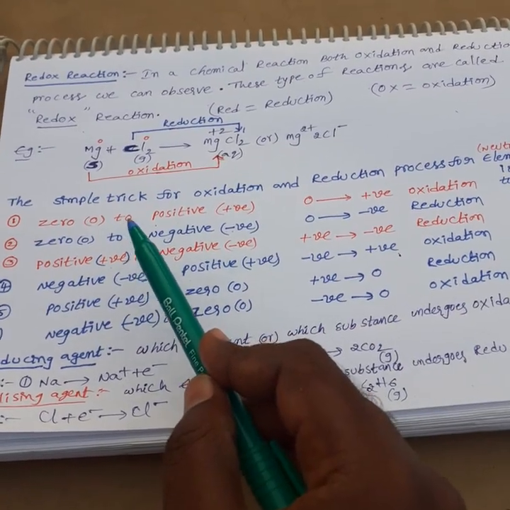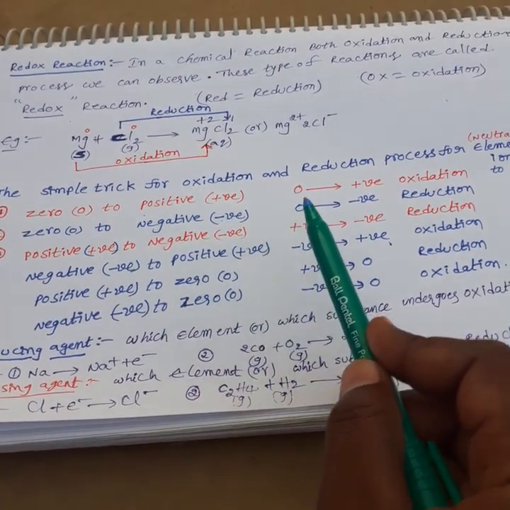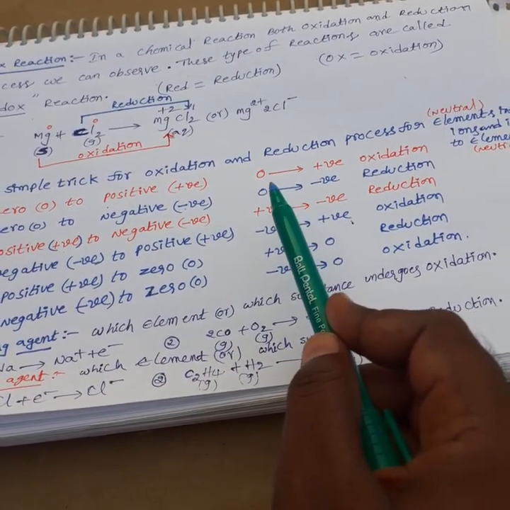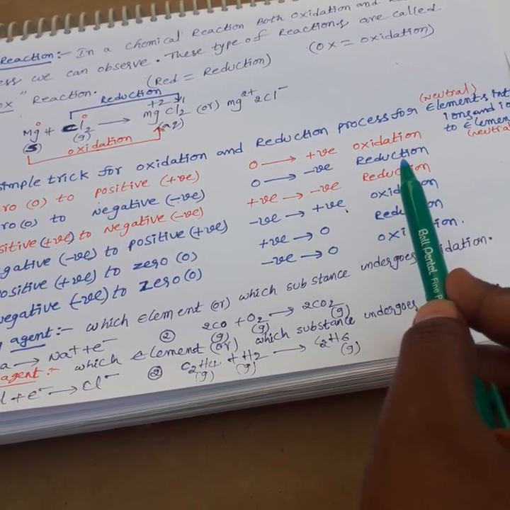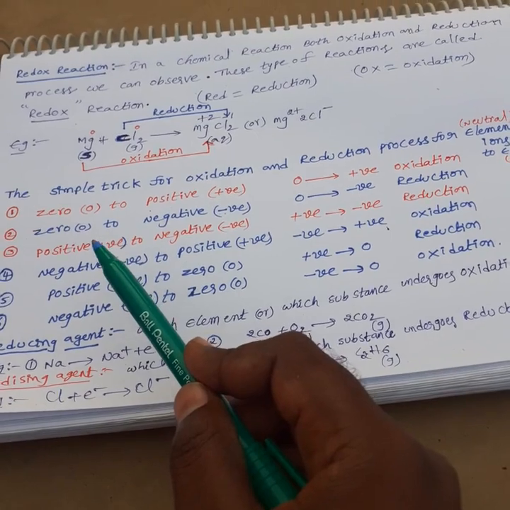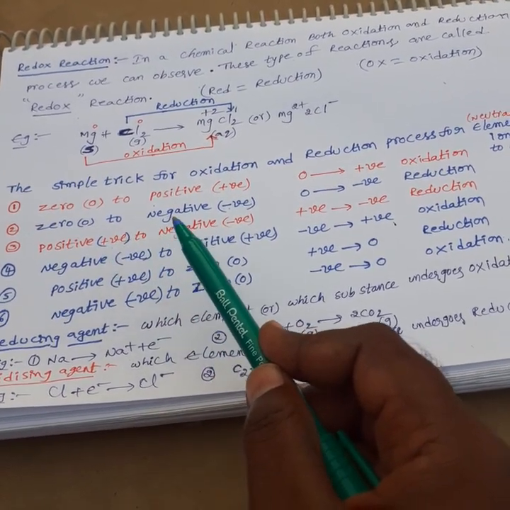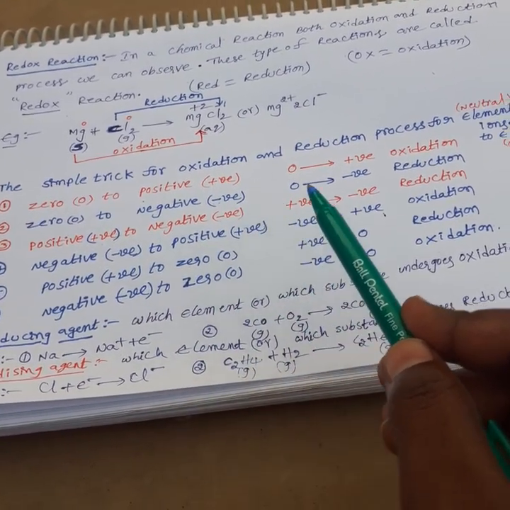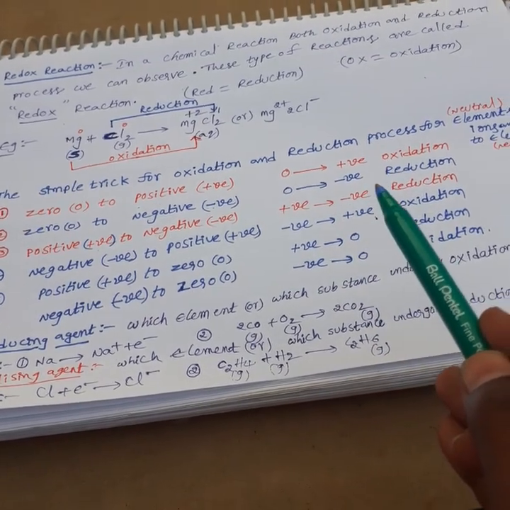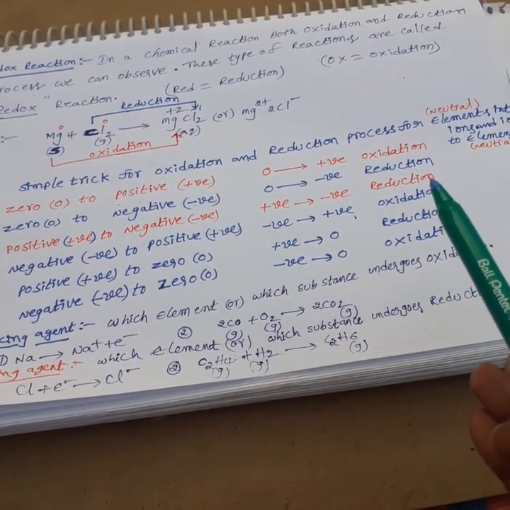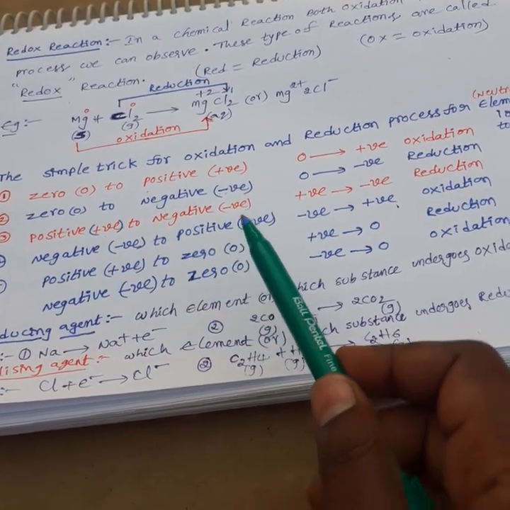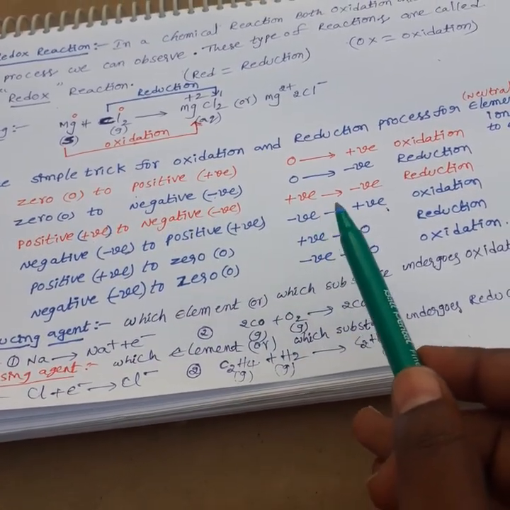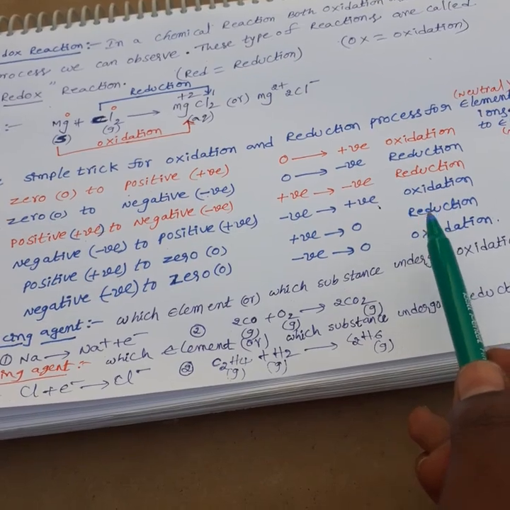And next, 0 to negative: an element can gain electrons to form a negative charge, that is called reduction. And the same process, positive ion changes to negative ion: a positive ion can be converted to a negative ion by gain of electrons, that is called the reduction process. And a negative ion can be converted to a positive ion by loss of electrons, that is called oxidation